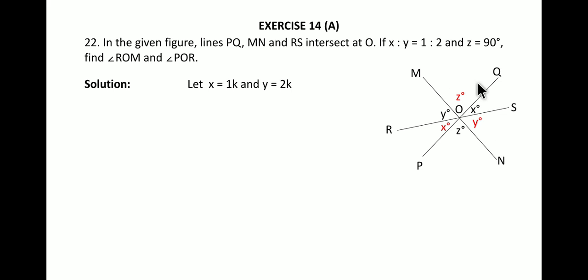All these angles make up 360 degrees, the total made up of these angles x, y, z plus x, y, z. So x plus y plus z plus x plus y plus z is equal to